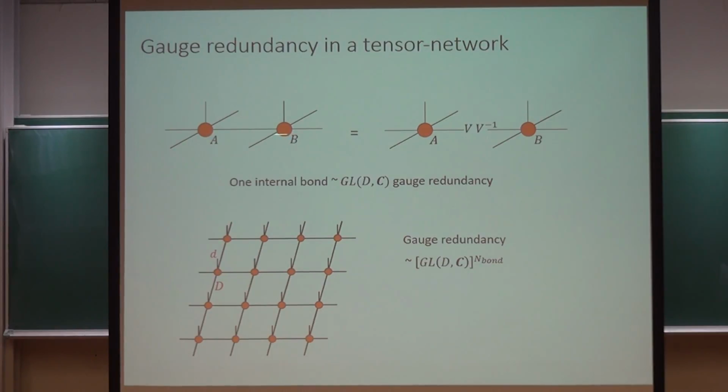So it turned out that this tensor network construction of wave function contains a lot of gauge redundancy. By gauge redundancy, I mean, for example, like this. Think about I contracted two tensors. It's perfectly fine that I redefine my A tensor by multiplying some matrix B, and multiplying some B inverse on the other side. So after I do this, these two local tensors may look different, generally. But the physical wave functions are not changed. They're completely the same. So this kind of transformation is the redundancy in your language. So basically for every internal bond, there's a GL(D,C) gauge redundancy. So the V can be any